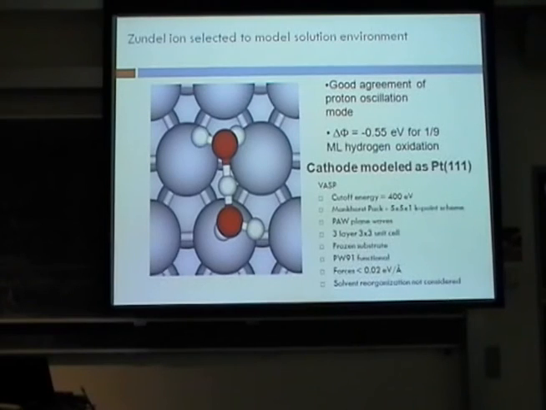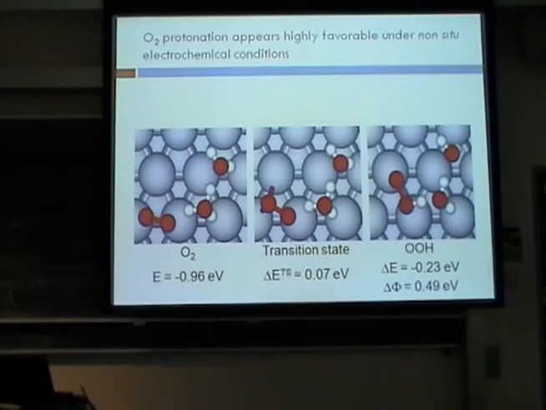All right, what's more important, and there have been a lot of studies of this over the last 5 years, is how water interacts with various adsorbates. And this shows sort of what a solvated proton would look like at a surface. So this is an H atom. You can actually do an experiment and put H atoms down on platinum 111 and dose water, and you see that you form this kind of Zundel ion, which is a proton that's solvated by 2 water molecules. And so you can look at the way that these Zundel ions interact with important species on the surface like O2, and you can see that